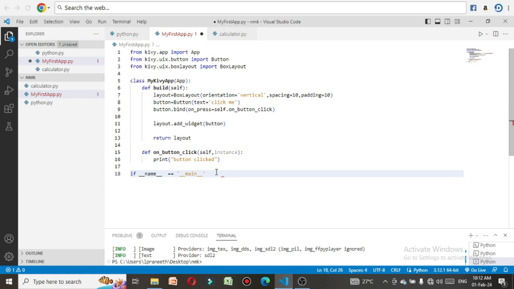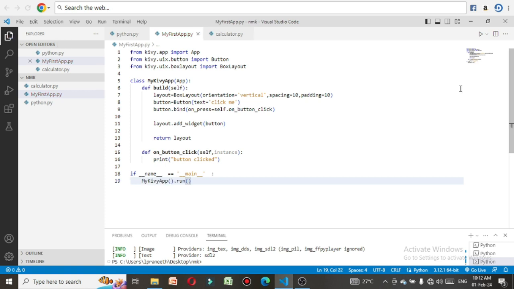Yeah. So now what is the class name we have given here? My Kivy app. So the same thing, my Kivy app round brackets dot run. So finish. So now if we save entire thing here, now if I execute this run Python file, see here,